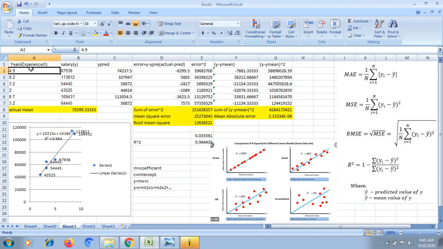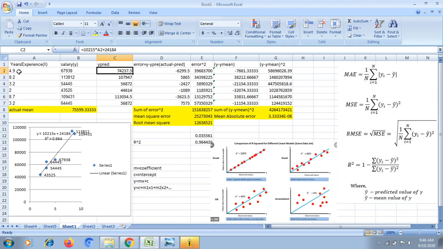For example, I want to predict my data. Next, I want to calculate the R square value, MSE, RMSE, and MAE. Okay, I want to calculate these metrics. First, I am calculating the prediction. Here I first need to calculate the actual minus prediction whole square. This is the error square. First, I am calculating the prediction.